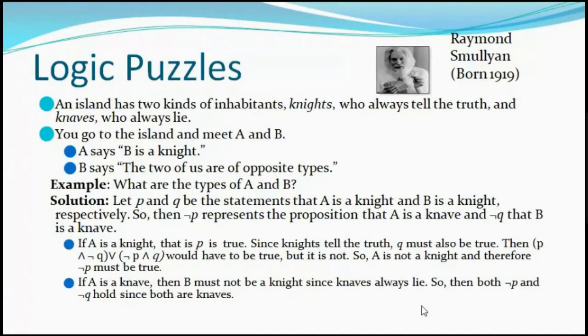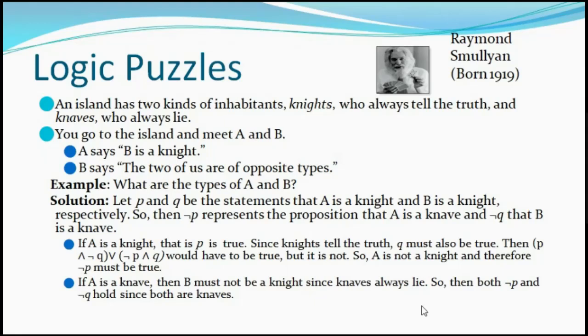Logic puzzles sometimes may be true or may not be true, depending upon the approach. We are supposed to identify whether the given puzzle can be solved or not. That means when the related values of the given puzzle come out true, then we will be in a position to solve the particular puzzle. It depends upon the situation. Here is an example.